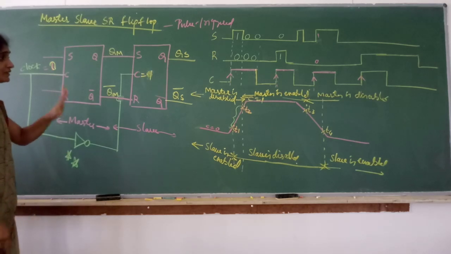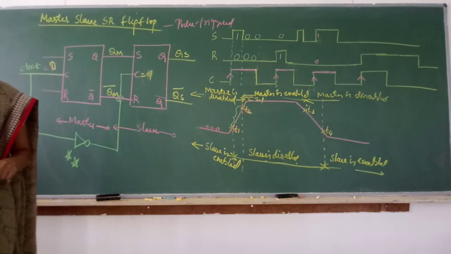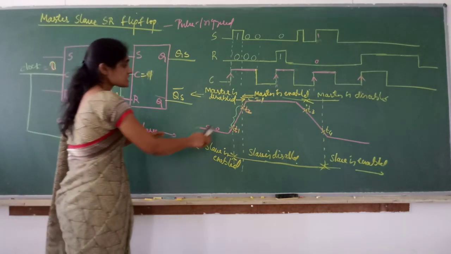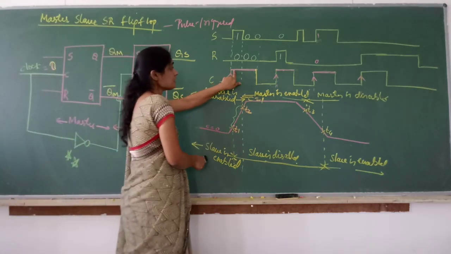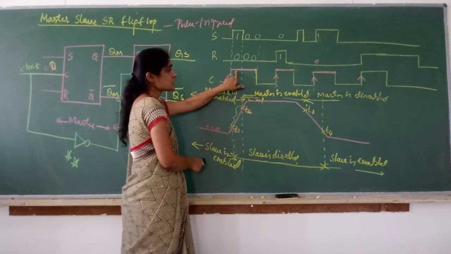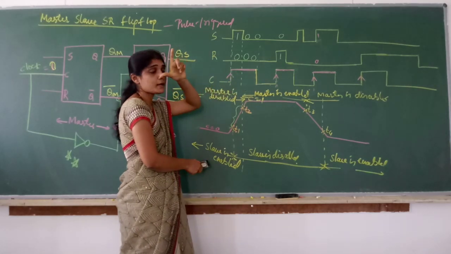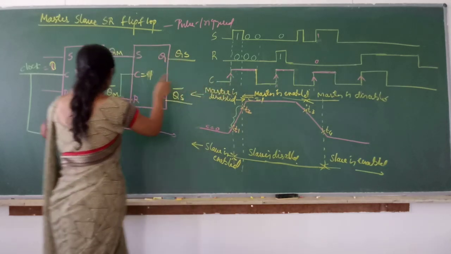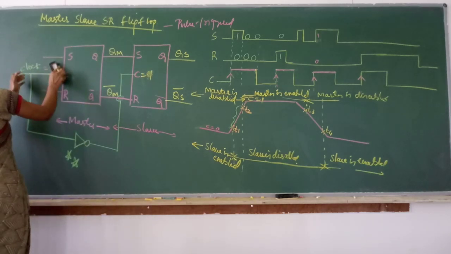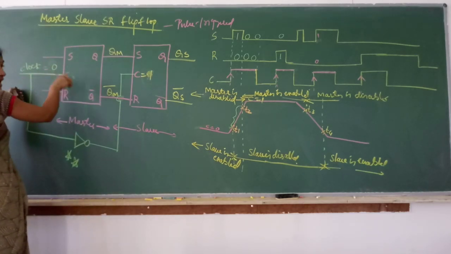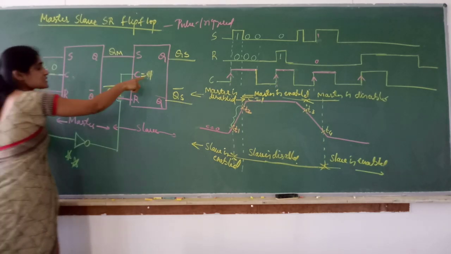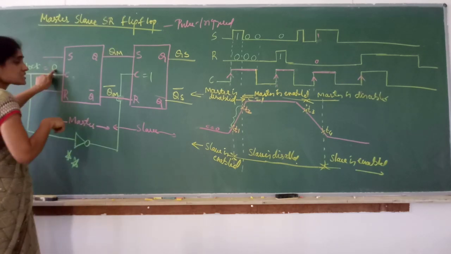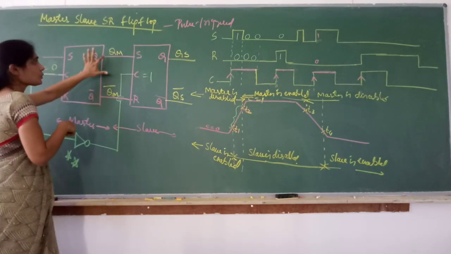Okay. So with this knowledge, now let us write the waveform for the SR latch as a master slave SR flip-flop. How is the output going to look? I will erase this, but this concept is very important. Here the clock is 0. When clock is 0, the clock you are giving directly to master, master is disabled and slave is enabled. But since master is disabled, there is no change in QM and QM bar.